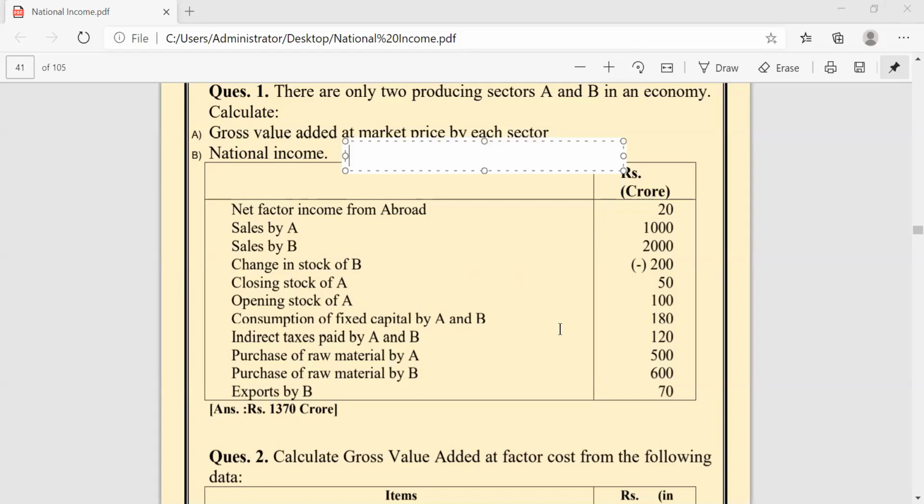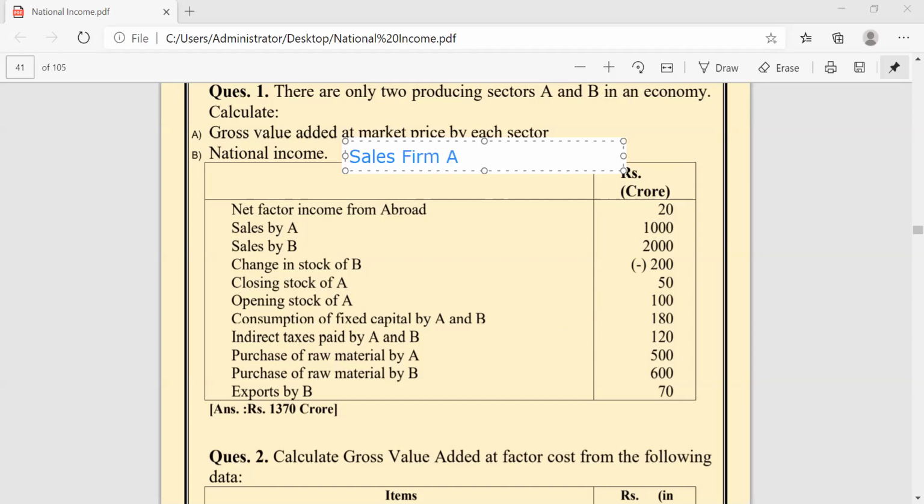Yes, first of all, you will calculate the value of output of firm A. Sales of firm A, I am writing it in short.